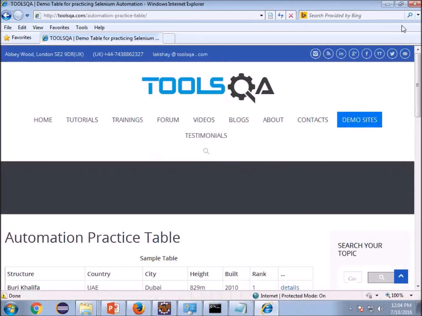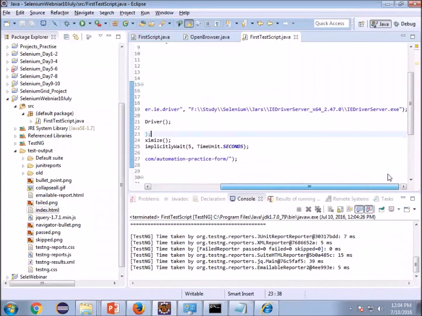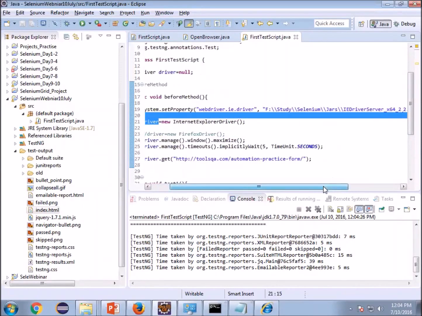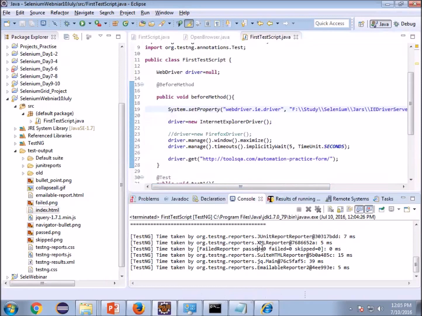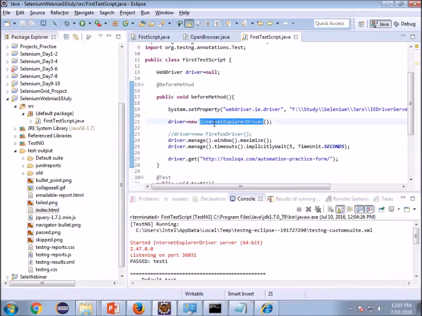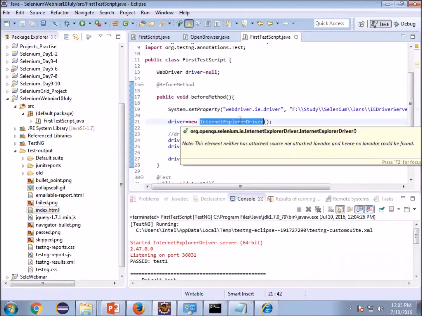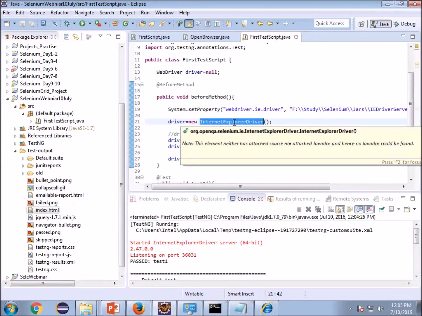It is common to all browsers, right? We have to set for... Yeah. For all browsers, you have to do it in a similar way. Same line you have to write, and you have to download that third-party driver for those browsers. And I have to change the name of this driver. Yeah, and here you have to change the constructor names. Instead of Firefox, you will write Internet Explorer. If Chrome is there, you will write Chrome driver, Safari driver, likewise.